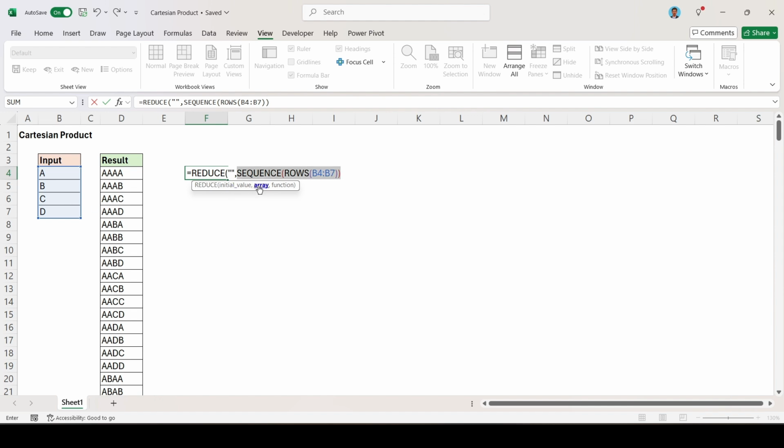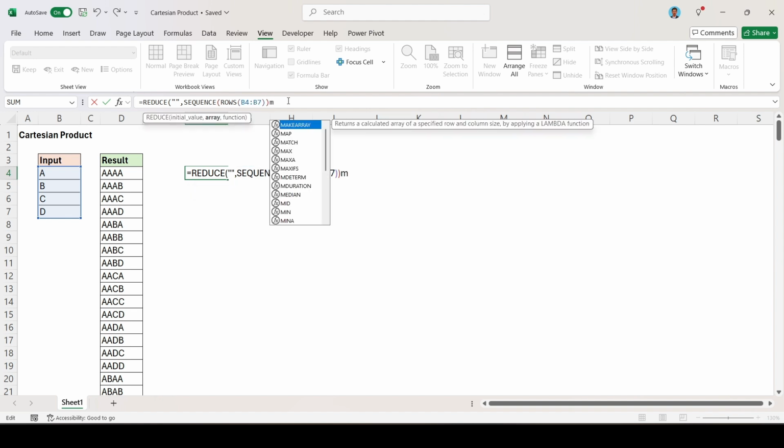If we evaluate this, you can see we created a sequence of numbers from 1 to 4. In the function argument,